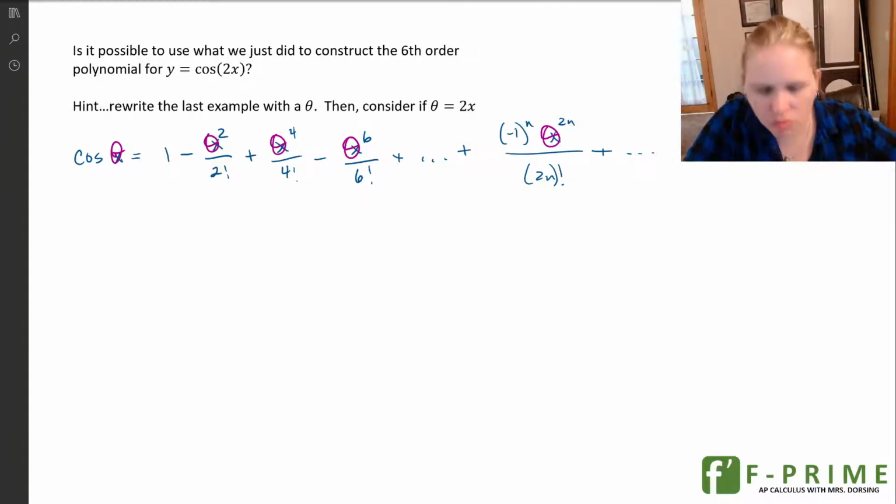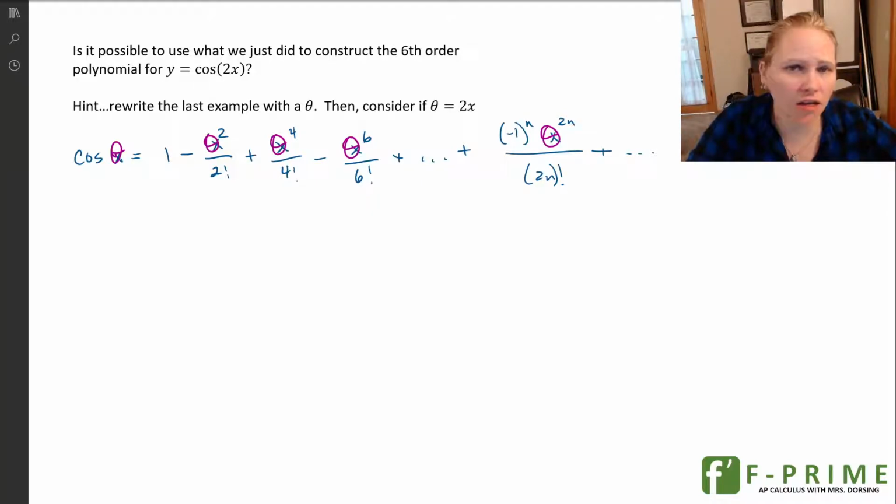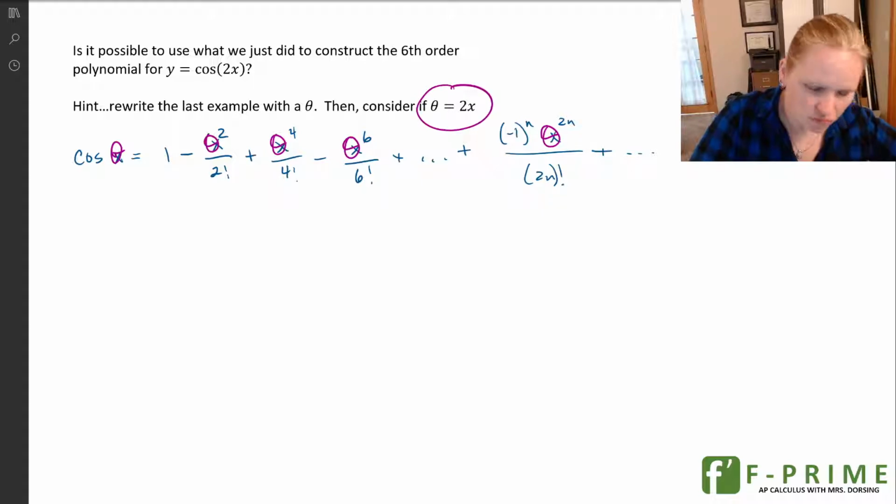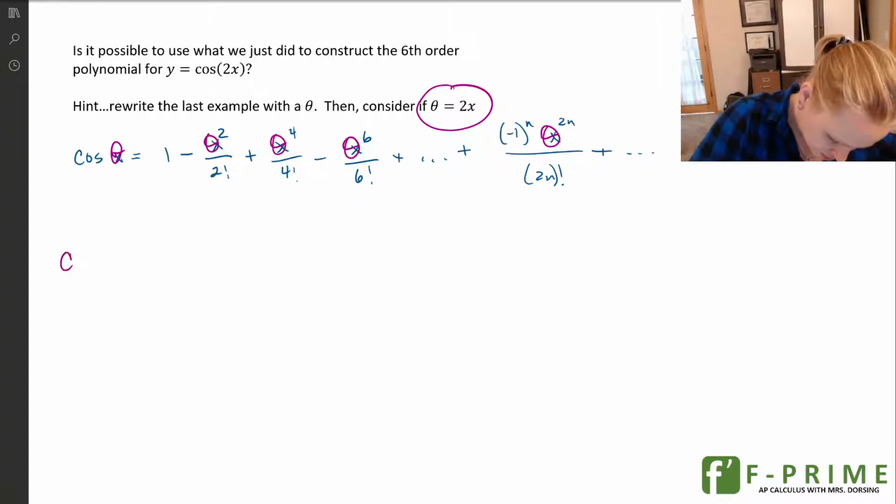No matter how you think about it, here's what's cool about these Taylor series and Maclaurin series. There's a handful of them that we need to memorize, and so far we've seen sine and cosine. Those are two of the most common series that we're going to see floating around on the AP exam. So if I wanted to construct a Taylor series or a Taylor polynomial for cosine of 2x, then what I might do is I might say, well, if I consider this to be a generalization, for cosine of 2x,